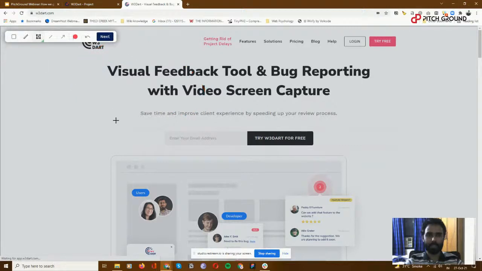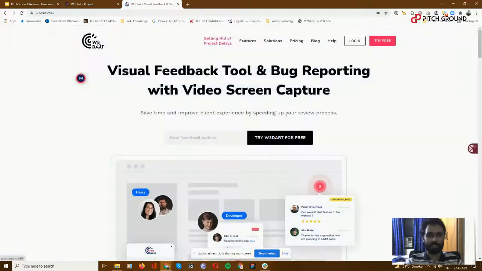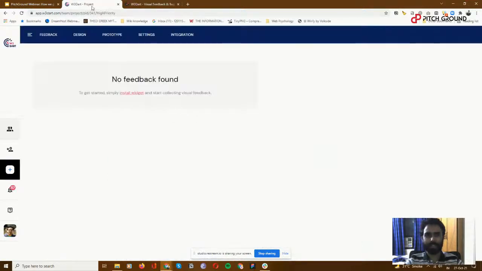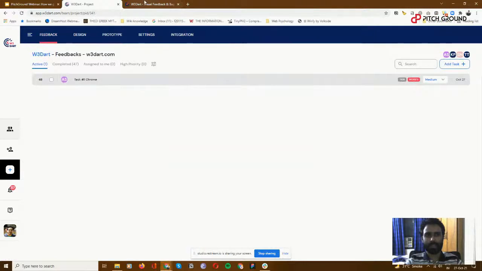highlight something. You can also use the pointer and write that this is improper, anything like that. Here from the drop down, you can also change the size of the font. That can also be done. And once you are satisfied with everything, you can just upload it. So whoever you're assigning, they'll get a notification, they'll get an email, and it will basically come as a task